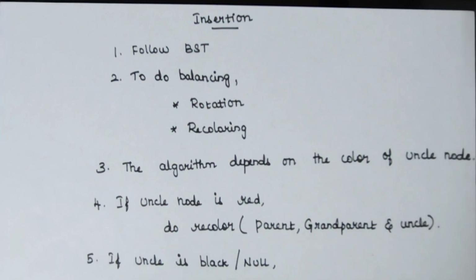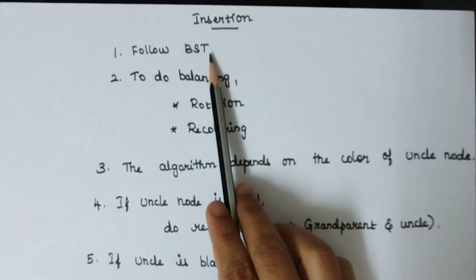So as I already mentioned, what is the property of binary search tree? The binary search tree property is that all left hand side node values should be lesser than the root node value, and all the right hand side node values should be greater than the root node value. This is the property of binary search tree. So whenever we are performing the insertion operation, we should follow the binary search tree property first. And then